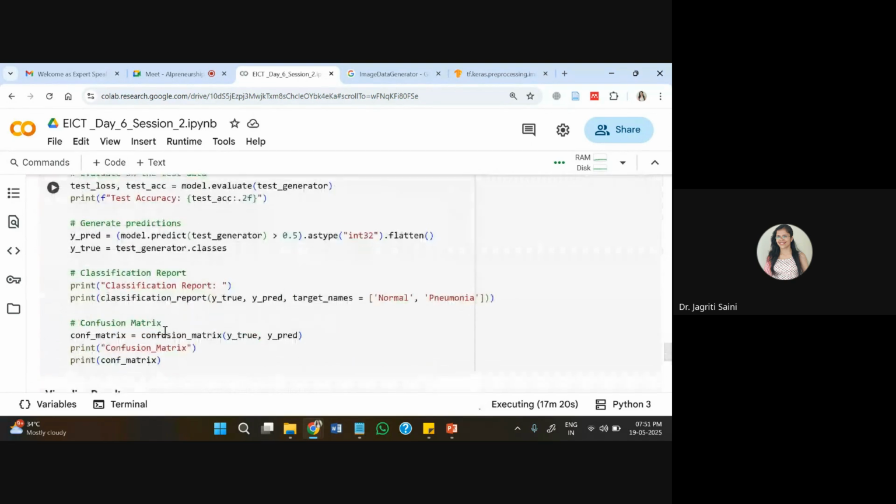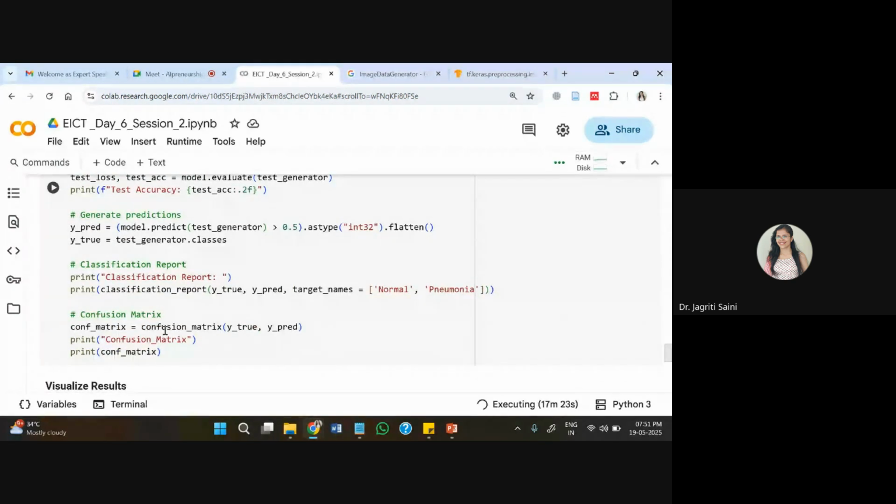Although we cannot always say that we will see common output values, because we are working on neural networks right now. The base of CNN is a neural network, and in that, the weights are always random. The initial weight initialization is always random. So output may be different on different user interfaces. You may get different output, I may get different output. And that is also a point of research: how you optimize the weights of a CNN model or a neural network model to always get the same results.